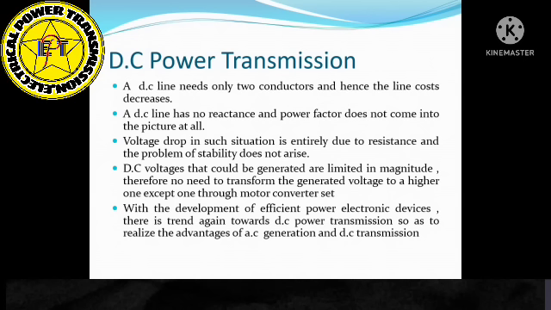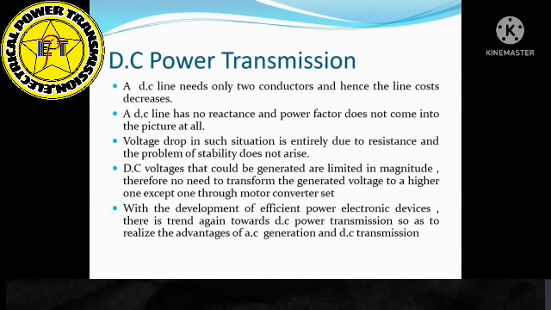But if you generate power through DC generators and then you transmit it through DC transmission line, then this is not technically possible. So the best solution is you generate power through AC generators, synchronous generators, and then you